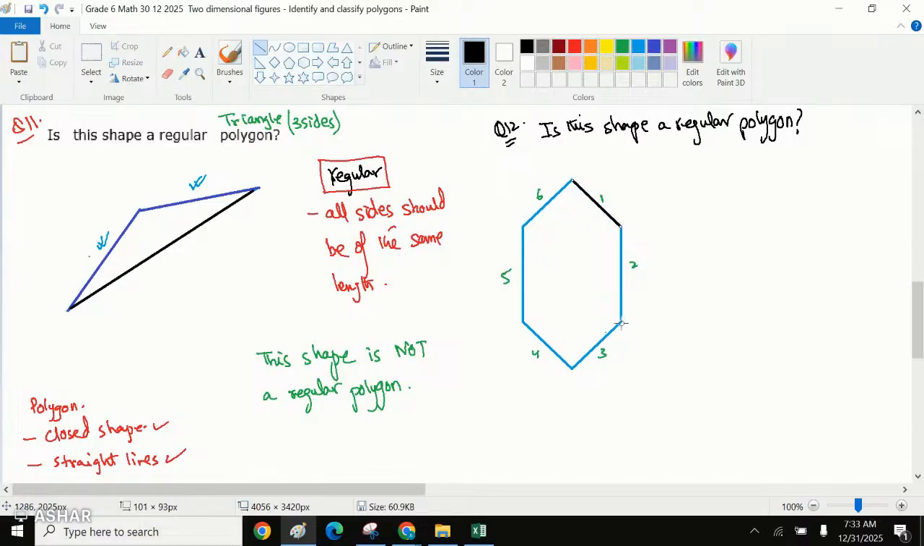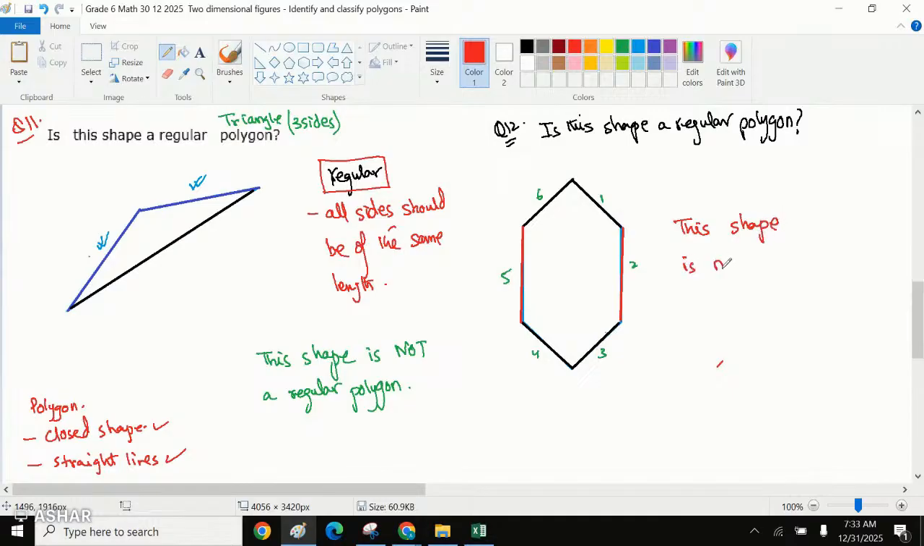This side looks equal to this, right? This and this. But what about side number 2 and side number 5? Side number 2 and side number 5 are of different lengths because this is a stretched shape, right? So all the sides are not of the same length. So the answer should be this shape